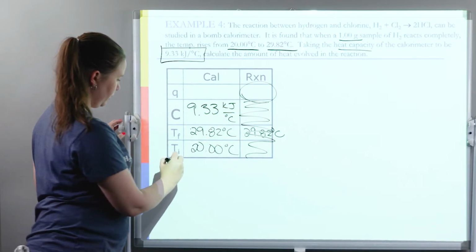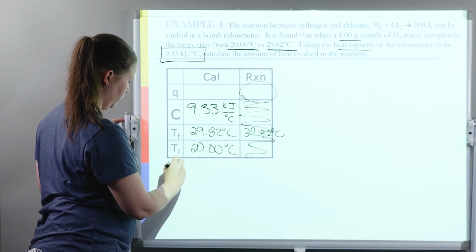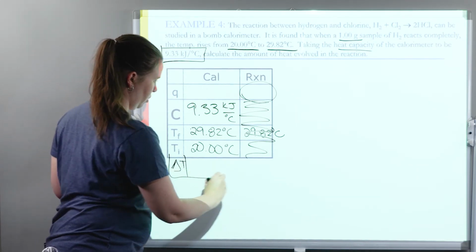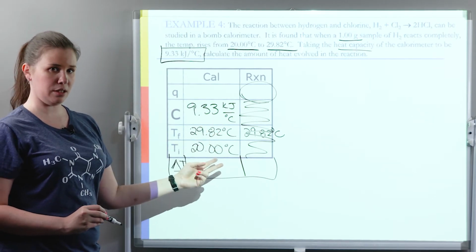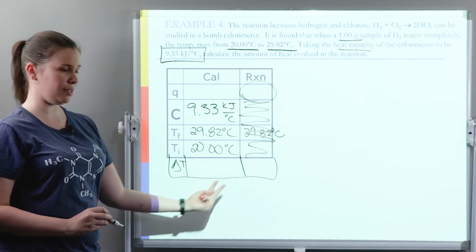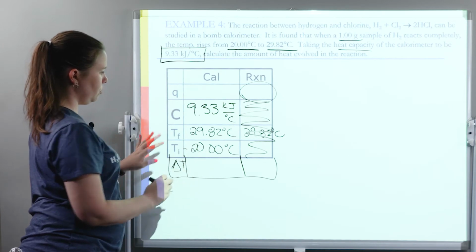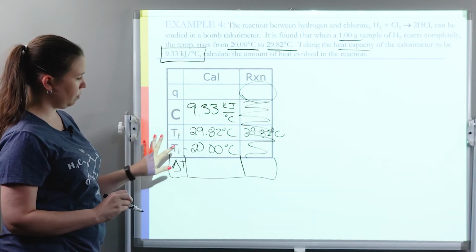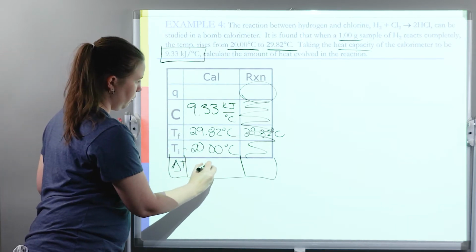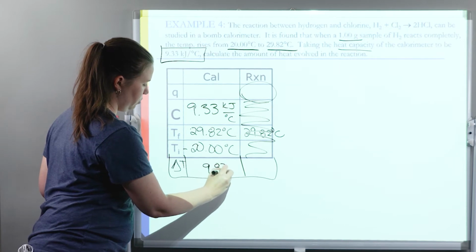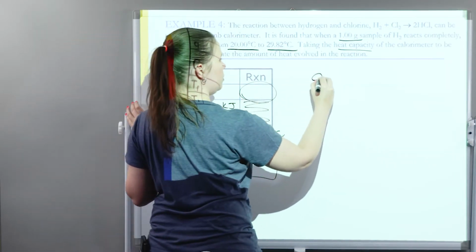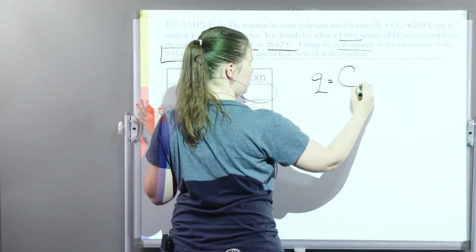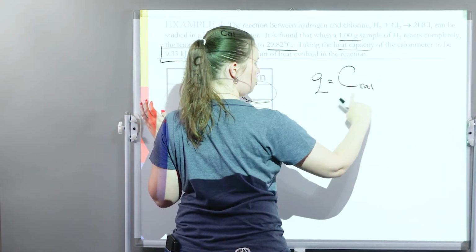Let's go ahead and find our ΔT, kind of finish up our table. Notice the significant figures on this one. We have 2 decimal places each. So because we're subtracting, we're going to stick with 2 decimal places. So it is 29.82 minus the 20.00, 9.82 degrees Celsius. So now I want to set up Q equals C of the calorimeter, the whole total heat